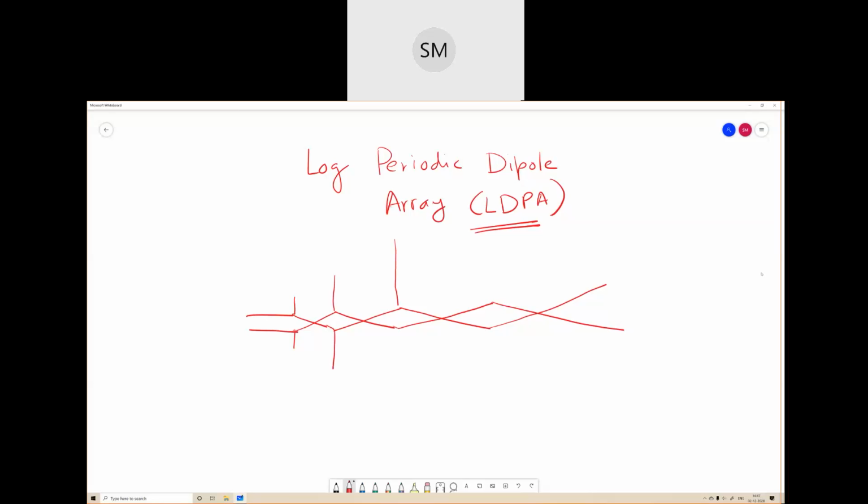See that the element size gradually increases as we move further into the antenna. Okay. And not just the element size, the element spacing as well. So, ideally, we say that